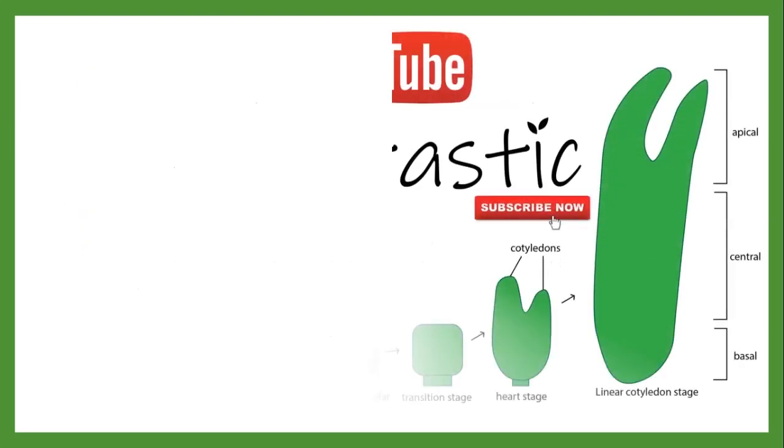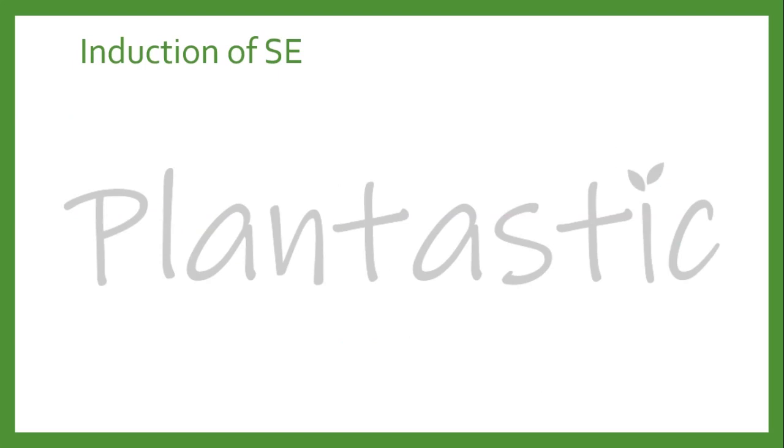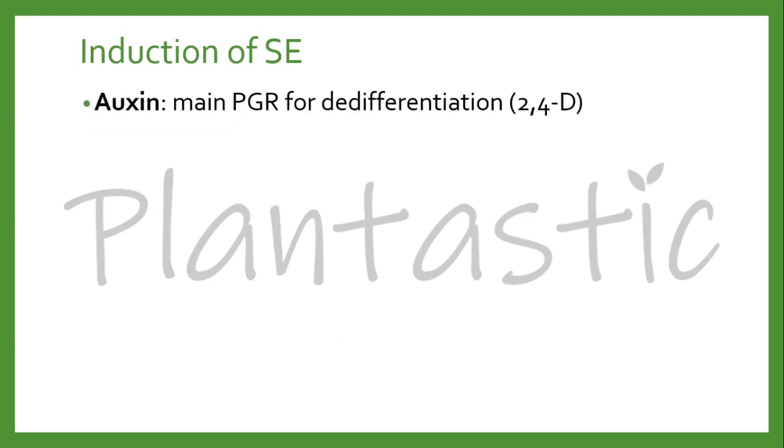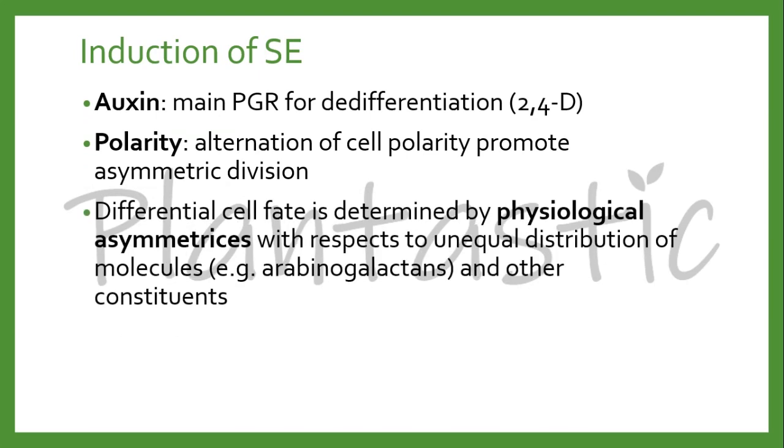Here is a general process of somatic embryogenesis, whereby you can see the development of somatic embryogenesis. For the induction of somatic embryogenesis, auxin acts as the main PGR for dedifferentiation, which is 2,4-D. Polarity is the alteration of cell polarity that promotes asymmetric division. The differential cell fate is determined by physiological asymmetries with respect to unequal distribution of molecules like arabinogalactans and